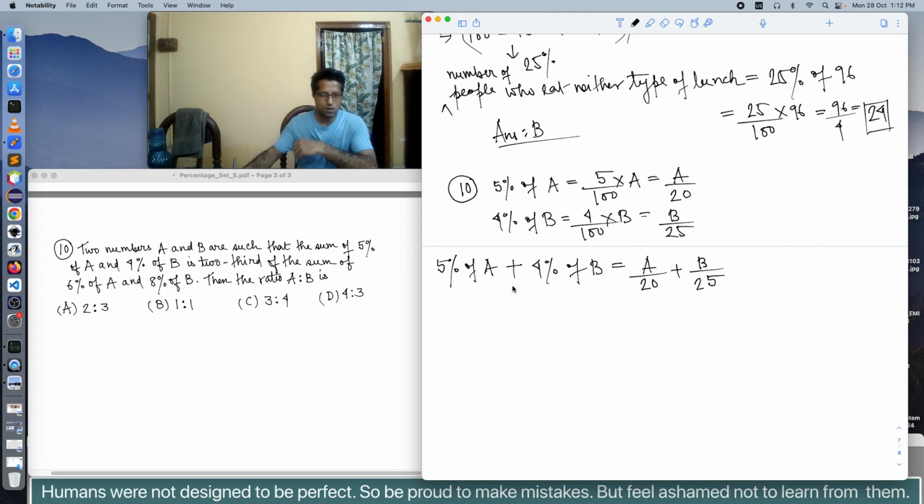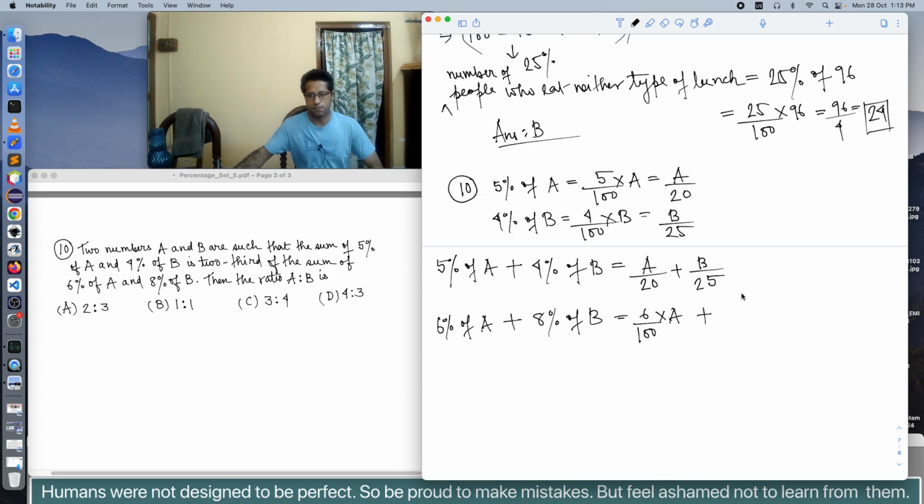Okay. Also it is given that this sum, that is A by 20 plus B by 25, which is equal to 5% of A plus 4% of B, is equal to 2/3 of the sum of, okay, so let's find out what is 6% of A plus 8% of B. This is equal to 6% of A means 6 by 100 multiplied by A, 8% of B means 8 by 100 multiplied by B, which is equal to